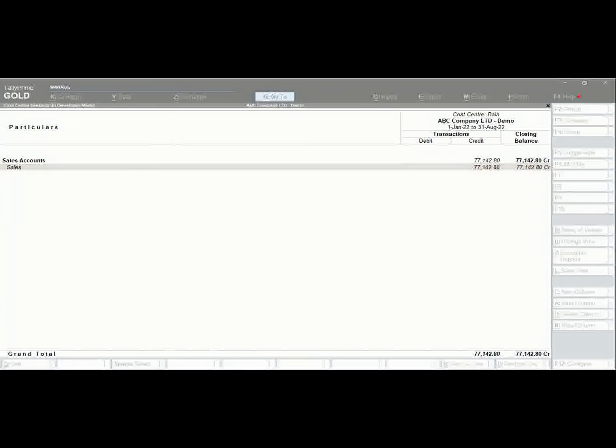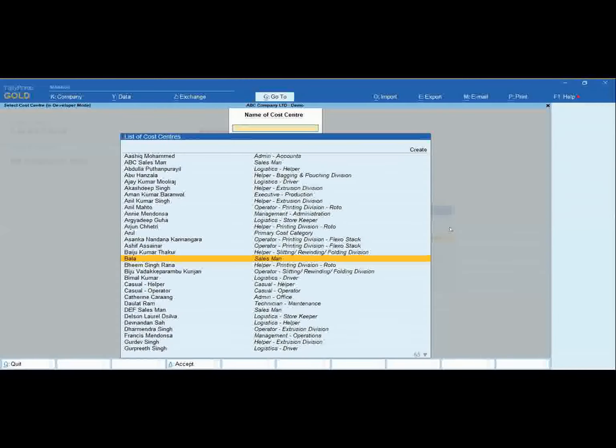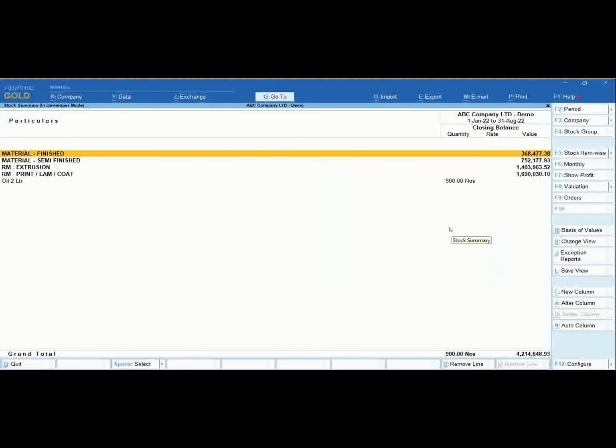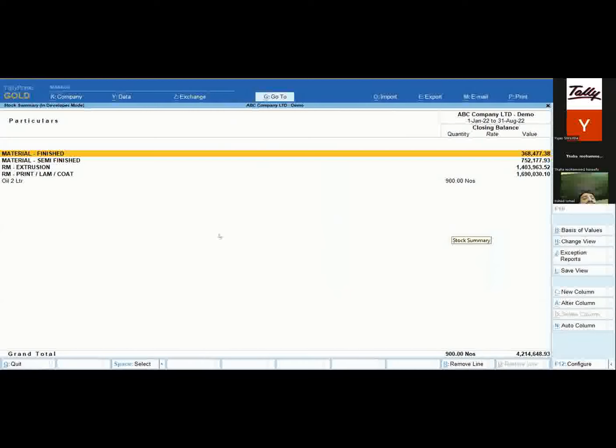Next, I'll go to the stock summary. When you see this stock summary, many of them were asking this question. In the stock summary, it is listing the stock journals, store issues, or any entries whatever you made. That is also showing in my stock summary. I want only the purchase, sales, and opening and closing alone. If you want to see that,